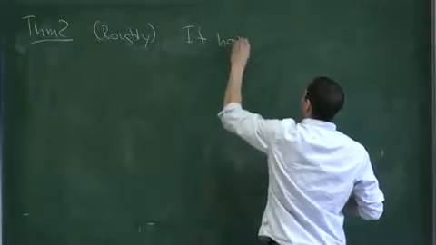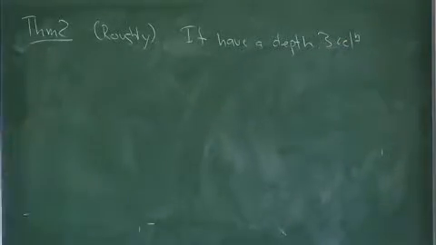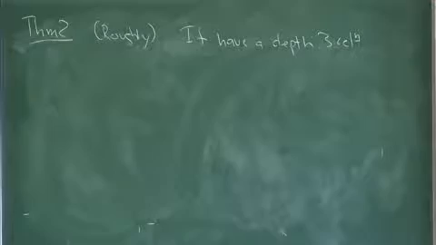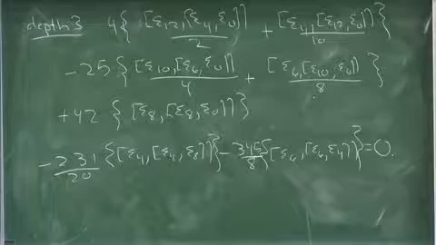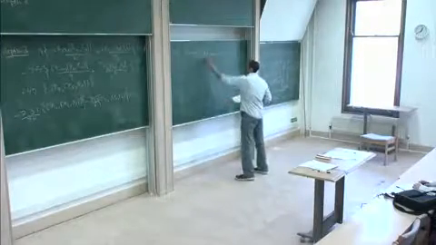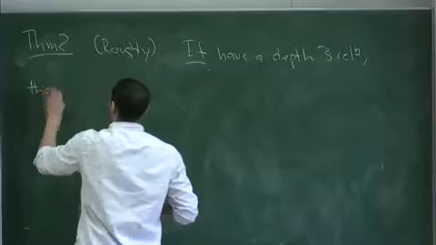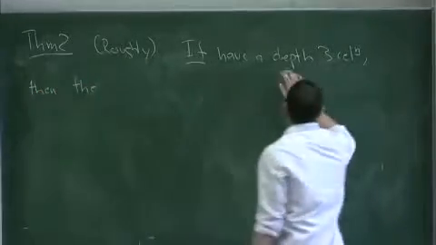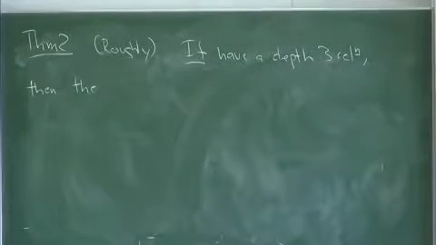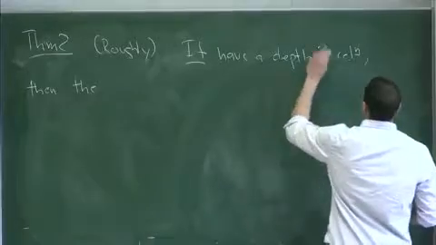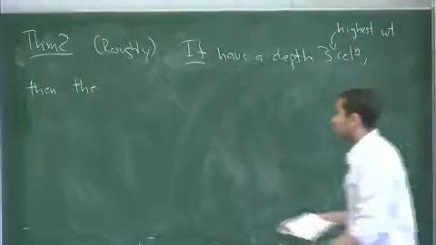Okay. So if you have a depth 3 relation, so that would be something of this form. I should have said that everything here is graded by depth. Even though I haven't precisely told you what it is, this is a depth 3 relation. By a depth 3 relation, I mean an expression of this form which is a highest weight vector. So a depth 3 highest weight relation, then